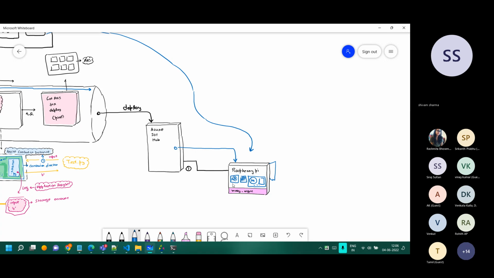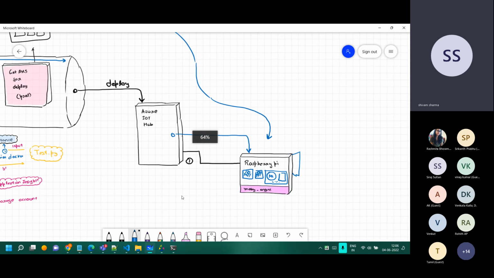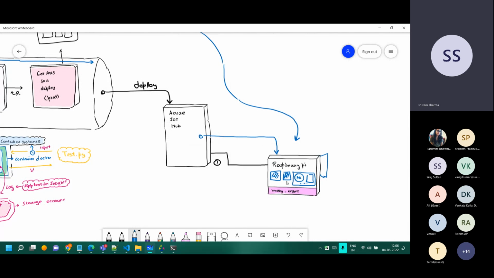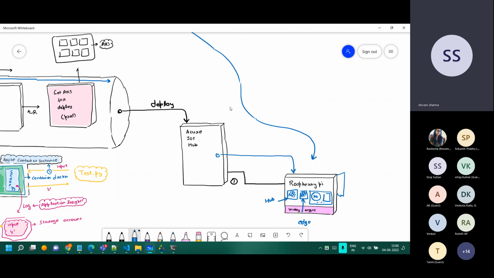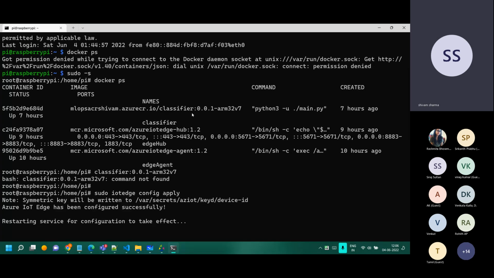They are not supposed to be on the same machine. I only have one Raspberry Pi. You can have a different configuration. So this is the edge right now, and that's the hub. Both of them are on the same Raspberry Pi. But the edges can be multiple, and they might be talking to the same hub, and then it might be talking to the cloud.